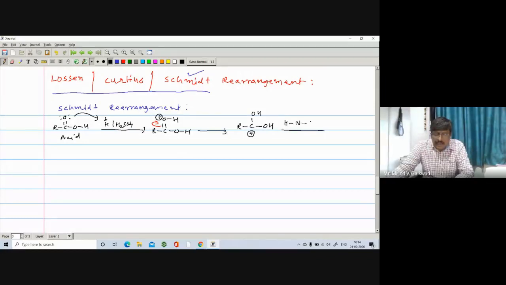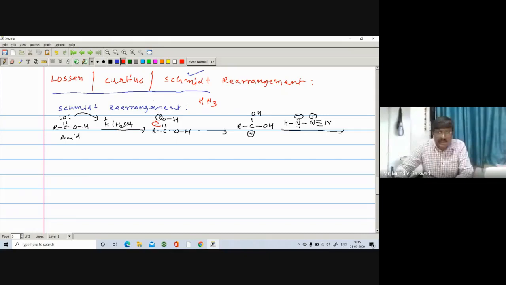N, here is N, and here is N. So this is your negative charge, right? These are positive charge, and you are having a triple bond. So in this case, you are using a reagent called H, here is the H, N3, right? It is just like ammonia, NH3, right? Ammonia NH3, but here it is hydrazoic acid. It is hydrazoic acid.